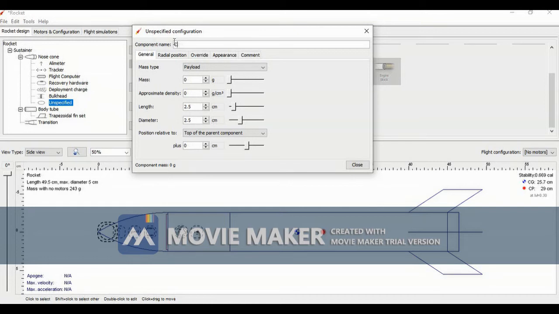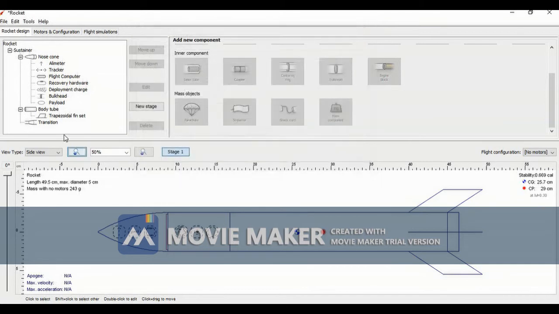So now let's change its name to payload. Okay, so now it's a payload. Now let's decrease its length, as it will take extra space. Now let's set its position. Yes, I put it in the bulkhead by mistake.